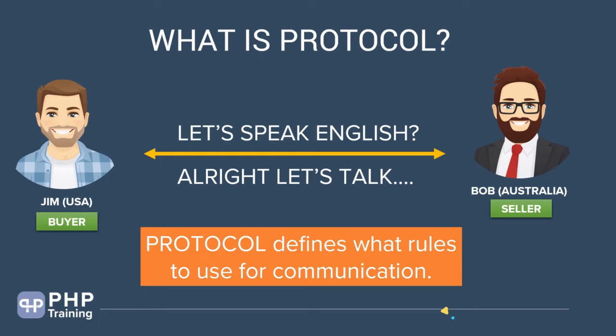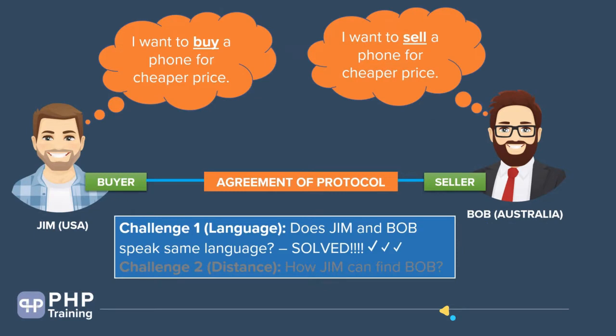So understand this concept of a protocol. When someone says what is protocol, it is nothing but a set of rules. It is a rule using which you establish the communication between two people. We agree on a language, could be English, and once we agree on the language, then the communication can happen. That solves the first problem: do Jim and Bob speak the same language? When they agree on a similar protocol, so there has to be an agreement of protocol first. When two people want to communicate, there has to be an agreement of protocol so that these two people can